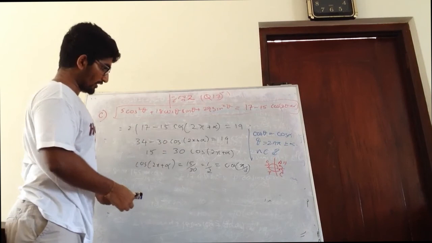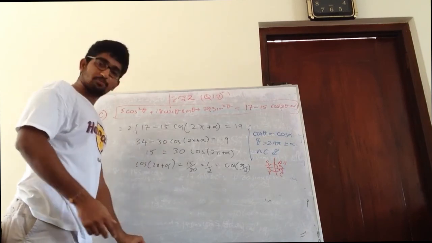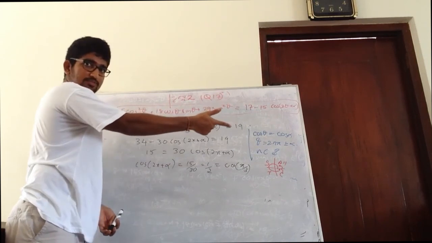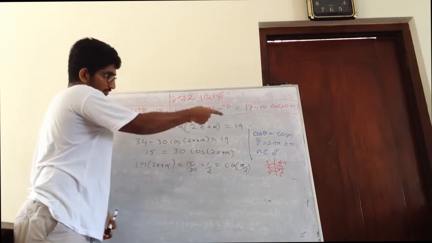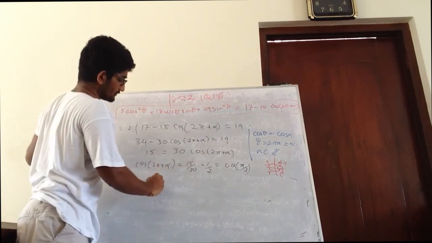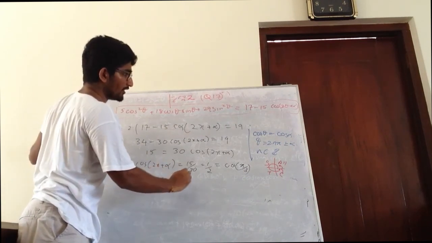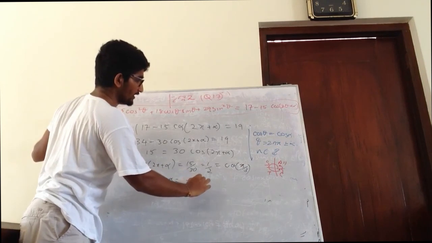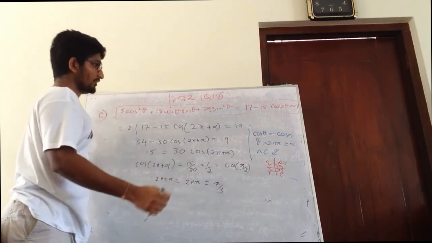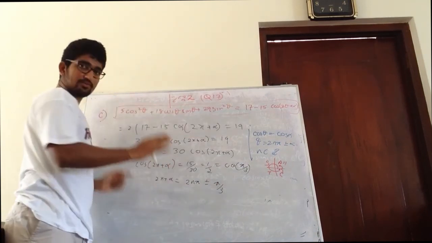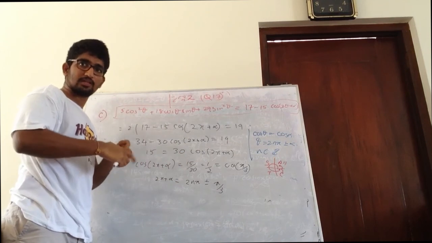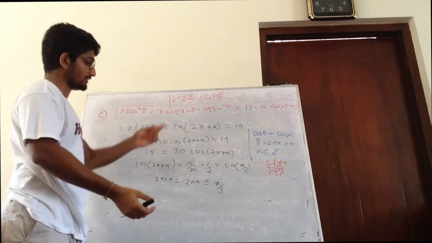So right, now here people mistakenly don't understand this properly. If you properly understand this concept, that means theta is this whole part: 2x plus alpha is equal to 2n pi plus or minus pi over 3. Right? So this alpha and this alpha are different. So understand the concept, because if you don't understand the concept, this mistake will happen.